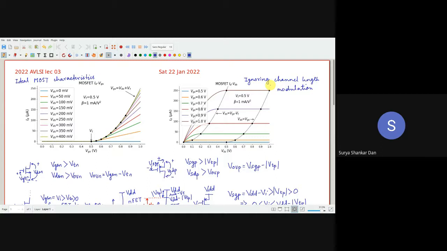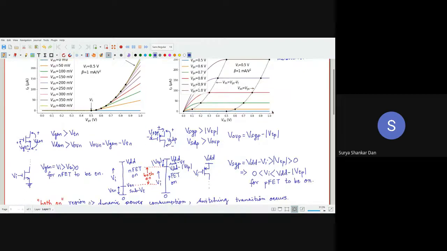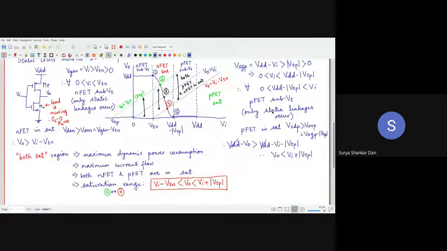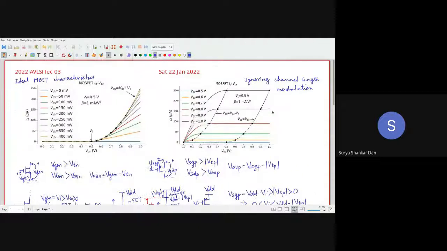The hands-on demonstration will be done by my PhD scholar, I mean your faculty only, our Ramakant sir, Ramakant Yadav. That will be on Wednesday. On Monday, between 1 to 2, I will explain the influence of channel length modulation and the understanding of the deep saturation region. And on Tuesday's class, we will begin with noise margin analysis and the engineering techniques to improve the noise margin.